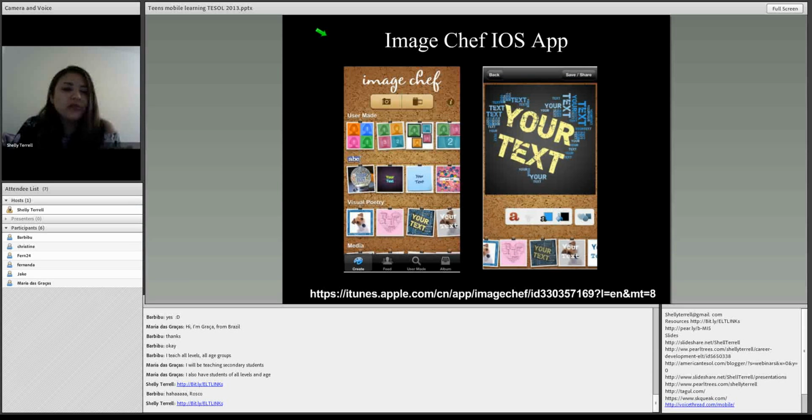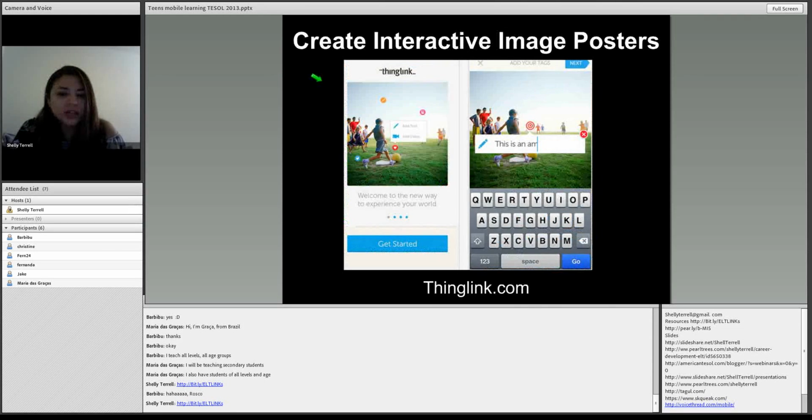Another really great one that's on all devices is the Pic Collage, which is also for iOS and Android, so you can put it on your iPad, or you can also have this app, and it's free. It allows you to add text, and it also allows you to add tons and tons of pictures. The great thing about it too is it will export to Instagram, so they'll absolutely love that it exports to Instagram.